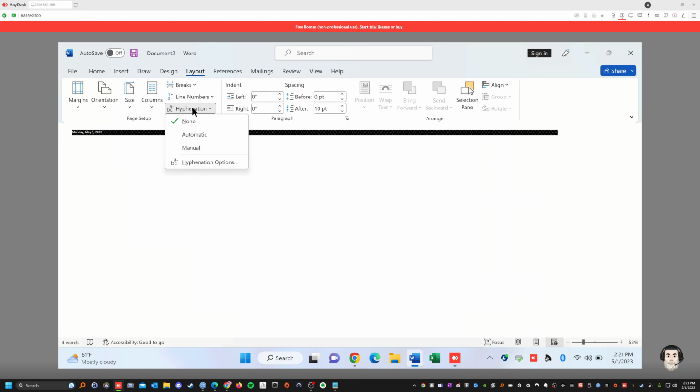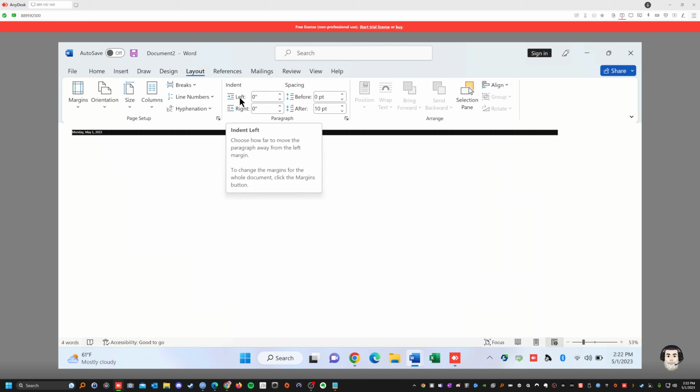Hyphenation. You want to do hyphen, let me see here. Let me read it to you here. If a word runs out of room... I like hyphenation. Yeah, okay. So there you are. It helps you create more uniform spacing. So if you want to make it look pleasing to the eye, that's if you want to write like a book or something, or a memoir or something.